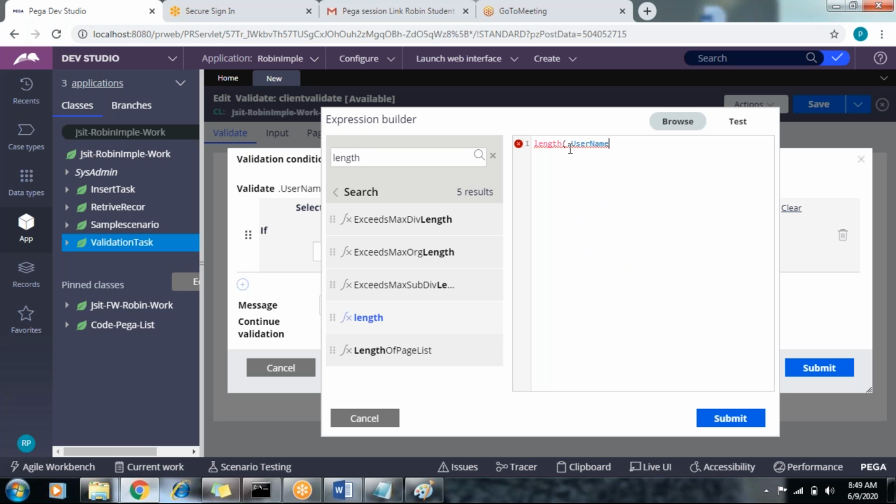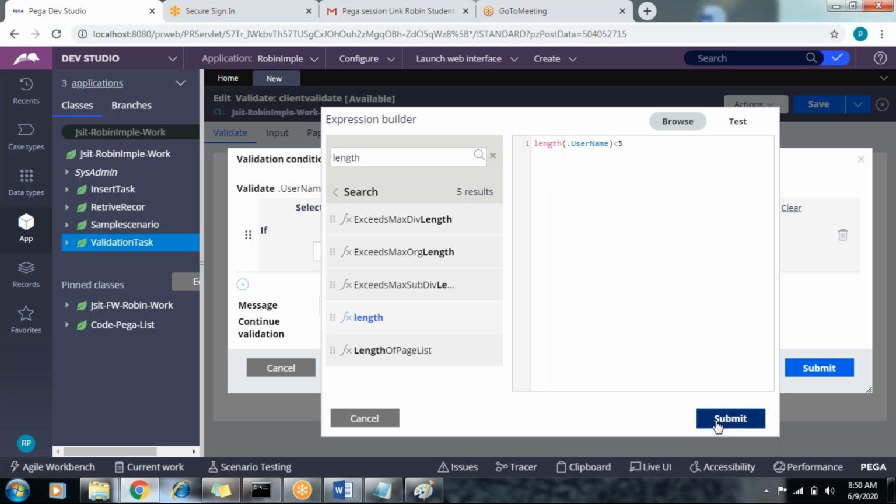Username. Then close the bracket, is less than 5. Whenever the customer enters a string of less than 5, you need to display an error message to the customer: please enter this property with a length of minimum 5 characters, but you entered only 3 characters.